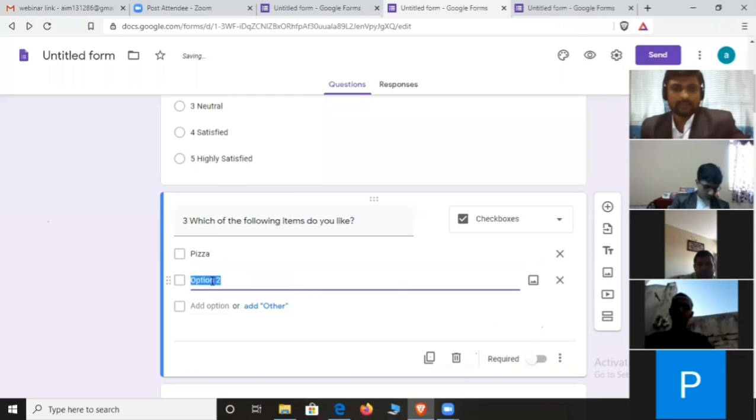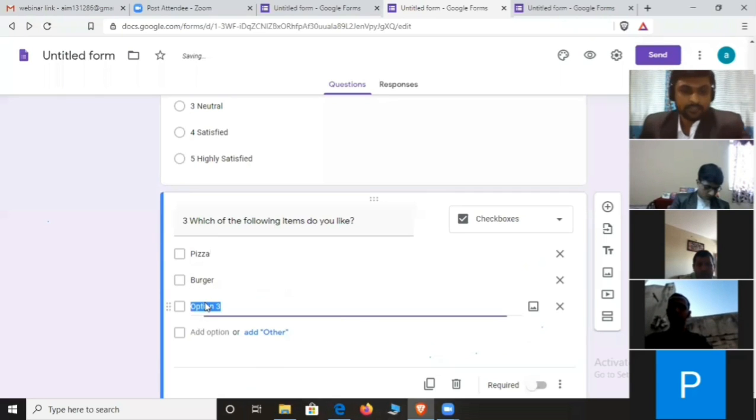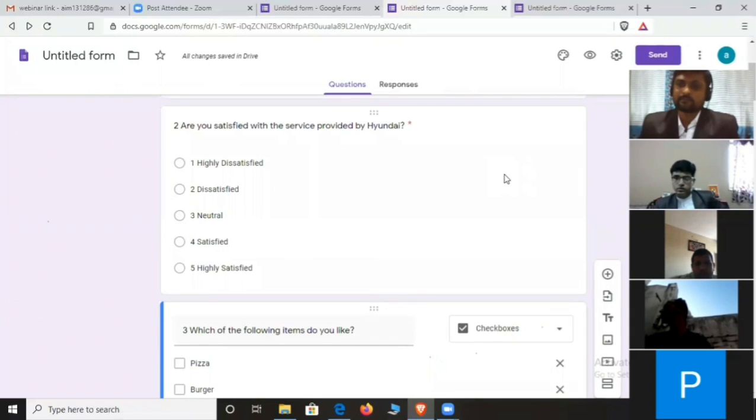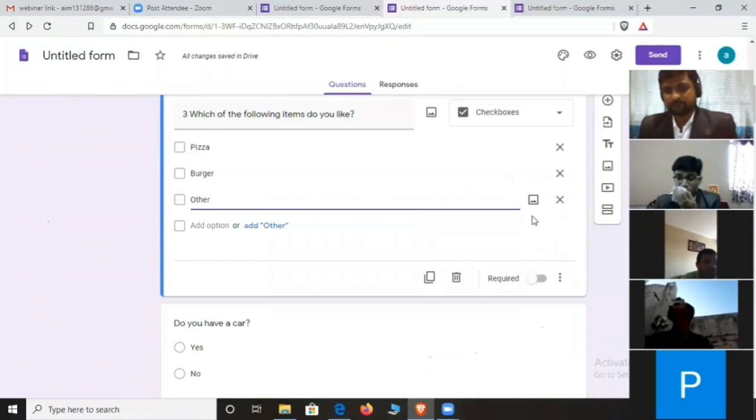Add option number 2, burger. Number 3, suppose other. So here the respondent can answer more than one option. They can take more than one option at a time. Okay, so that is the difference between multiple choice question and checkboxes.